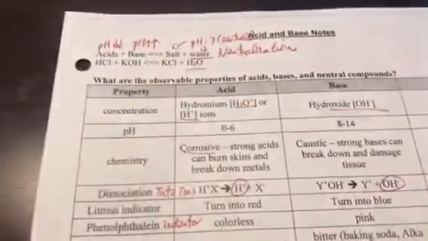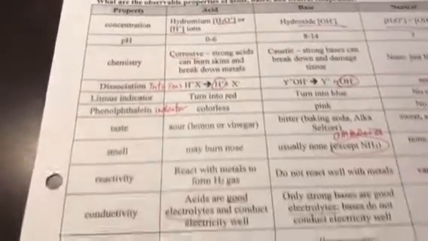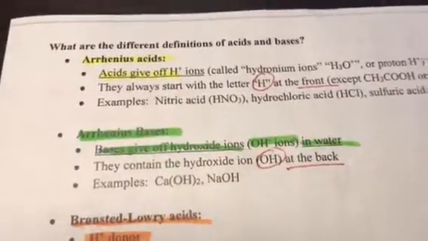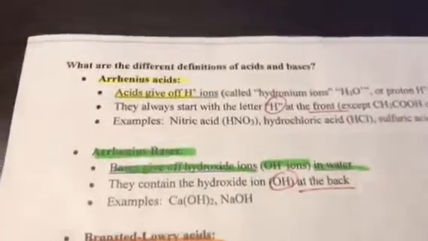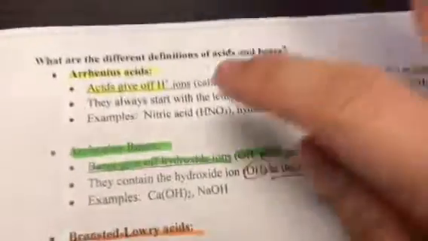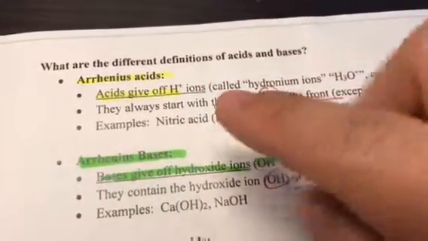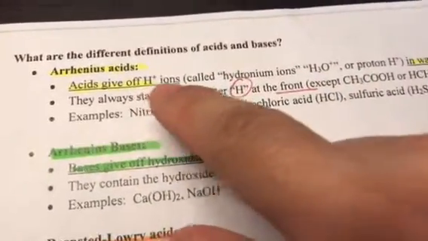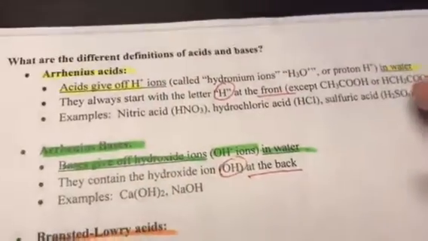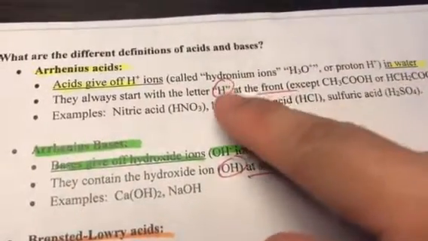Right now I'm going to talk about the acid and base notes, the back part actually, because that part takes a little bit of time to understand. The back part talks about four different definitions of acid and base. The first one is Arrhenius acid. The definition is it is an acid giving off H plus in water, and they always start with the